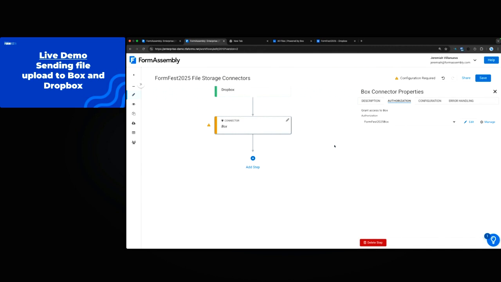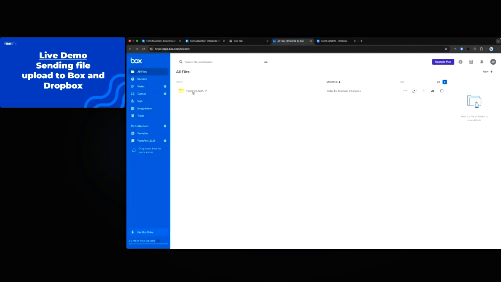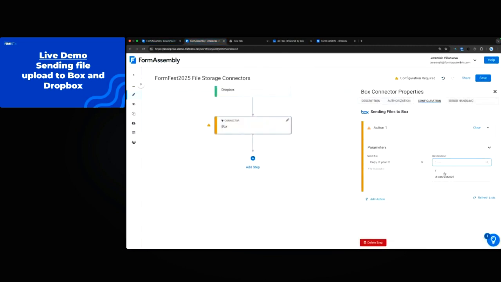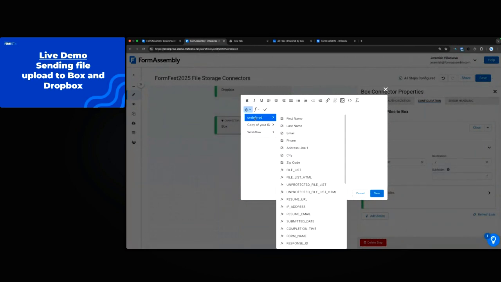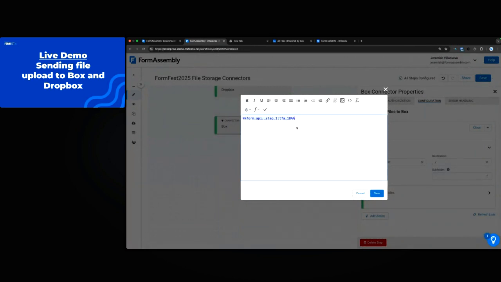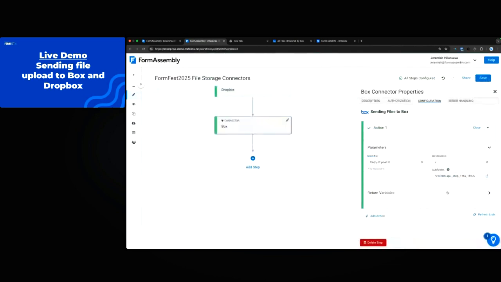And same thing for the parameters, send file. You just need to choose the file upload field in your form. And then for the destination, as you can see here, since I have that subfolder already in my Box account, it's showing me two folders here, the root one and the subfolder. So I'll be choosing the root folder here and add a subfolder, but I will make it dynamic. So I'm going to use the last name field or the alias of the last name field here, then save,